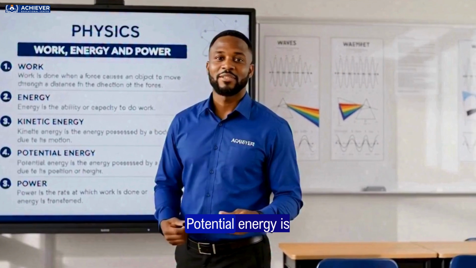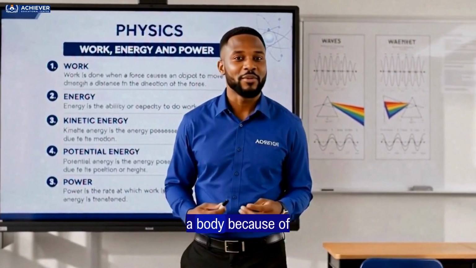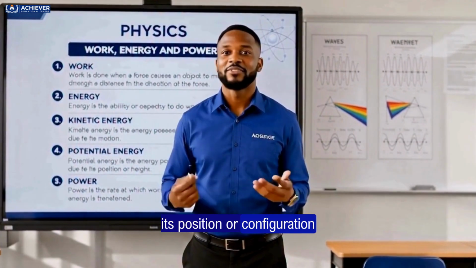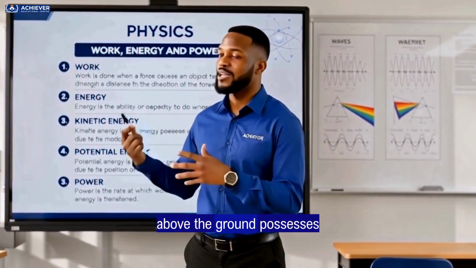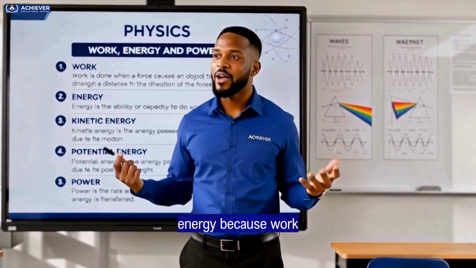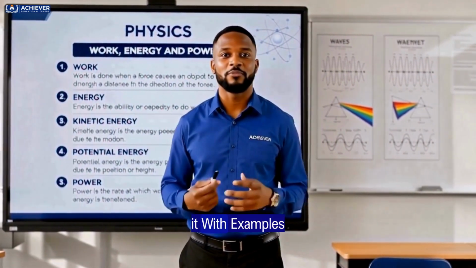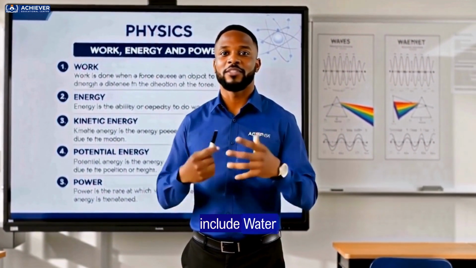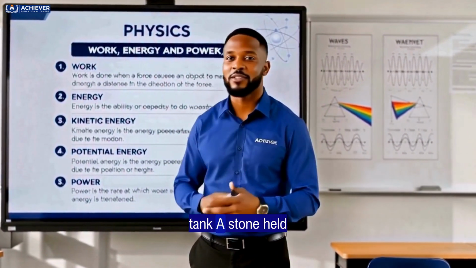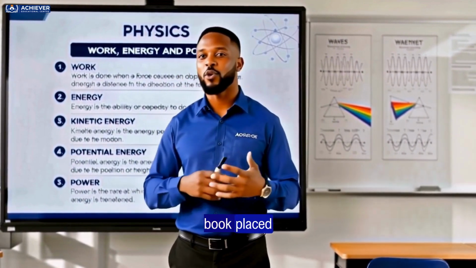Now let's look at potential energy. Potential energy is the energy possessed by a body because of its position or configuration. A body raised above the ground possesses gravitational potential energy because work has been done against gravity. Examples include water stored in an overhead tank, a stone held above the ground, a book placed on a shelf,